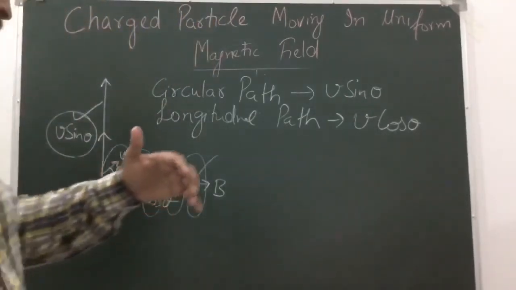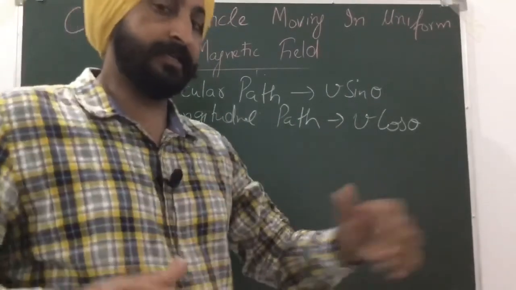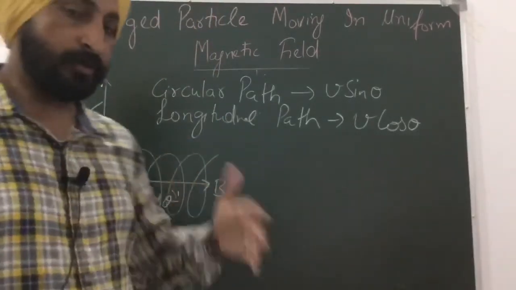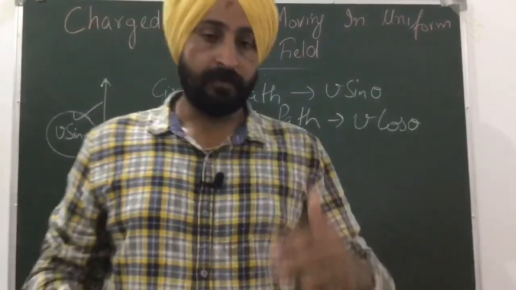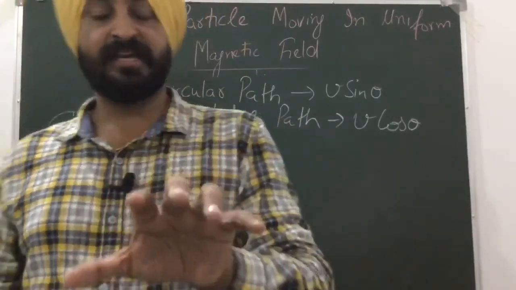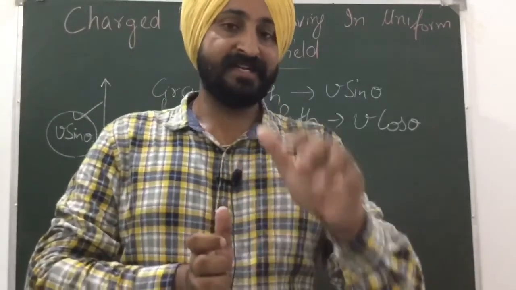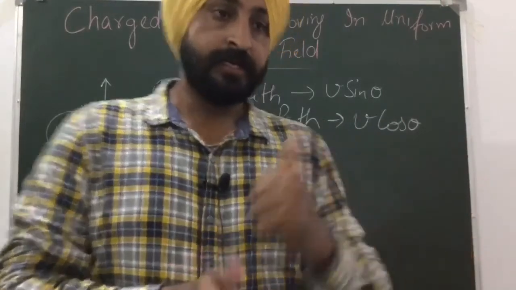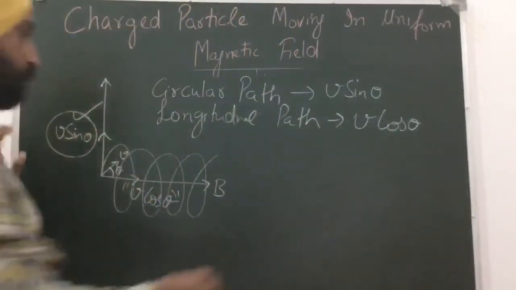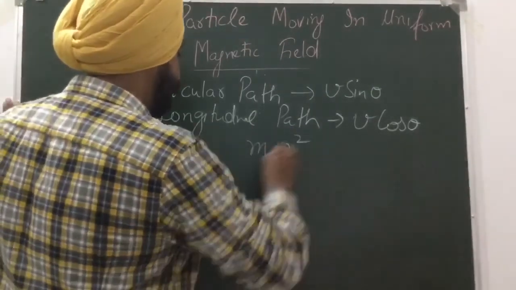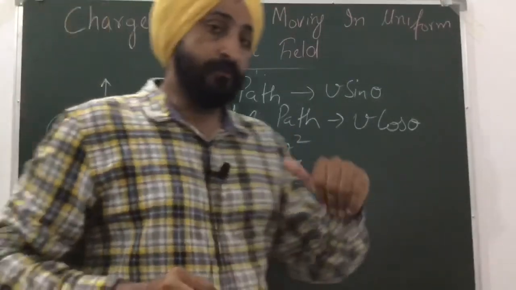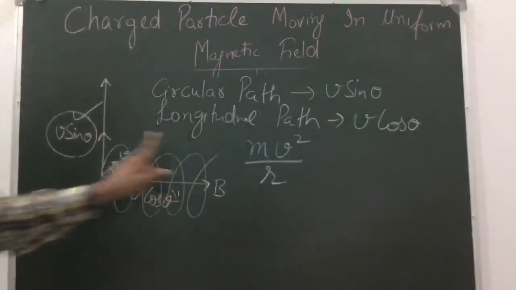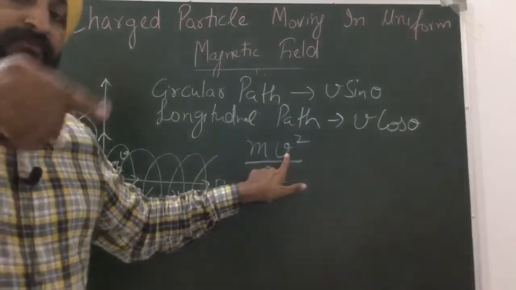So these are the two important points that you must keep in your mind. Next, we will be again doing some calculations as we have done in the earlier case. As we know, this particle is also moving in the circular path. As we have done in the earlier case, if a particle is moving in the circular path, it must have some centripetal force, and that centripetal force is due to the presence of magnetic force, fine. So the centripetal force over here would be equal to, as we know, mv square by r. But which component of the velocity is responsible for circular motion? Only v sin theta. So instead of v, we would be writing v sin theta.